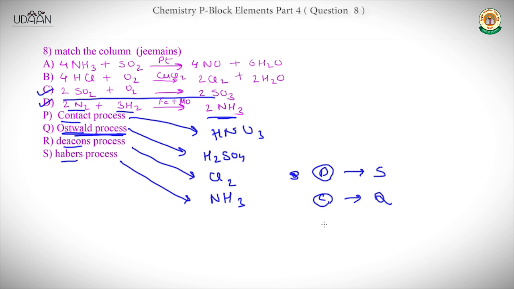Now we move toward B part. As we know, chlorine is being produced, so we can guess that it is Deacon process. Okay, so B will then match with R. Now we move towards A part. So the processes left will be Haber's and contact process. Here NH3 is used with platinum as a catalyst, NO is produced, so A will finally match with